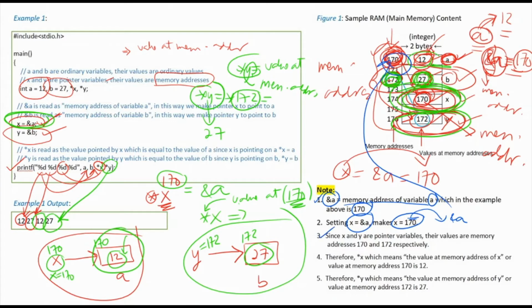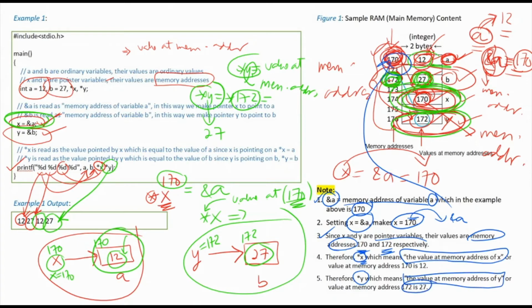And since X and Y are pointer variables, their values are memory addresses like 170 and 172 respectively. Therefore, asterisk X means the value at memory address of X. So that's how you read this expression. Or the value at memory address 170 is 12. And also, for asterisk Y, it means the value at memory address of Y, or the value at memory address